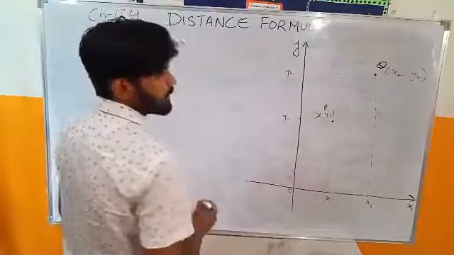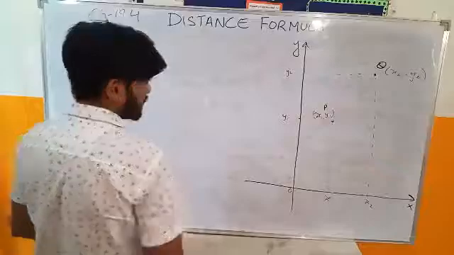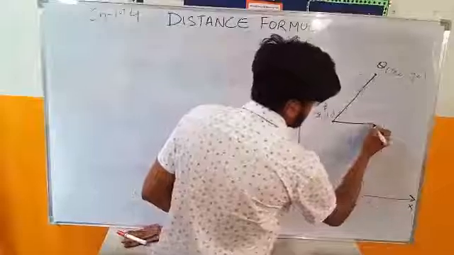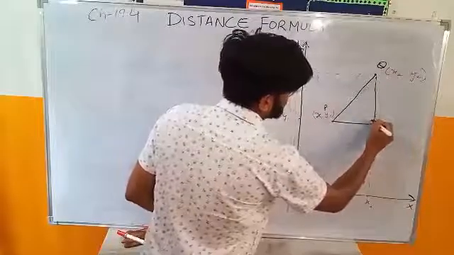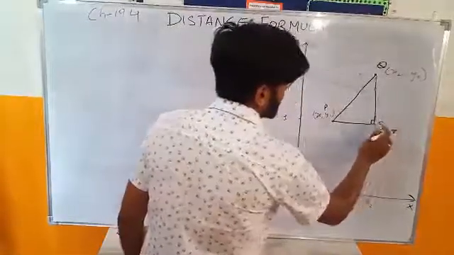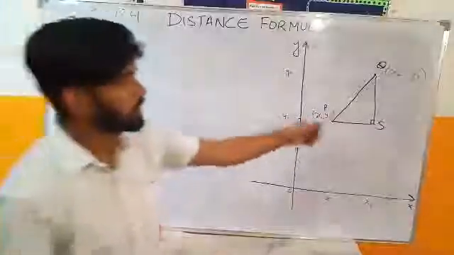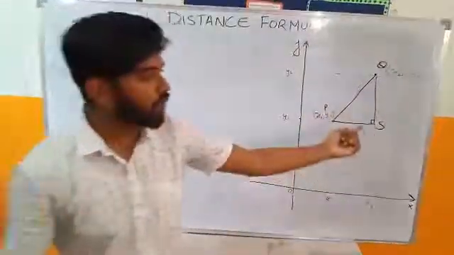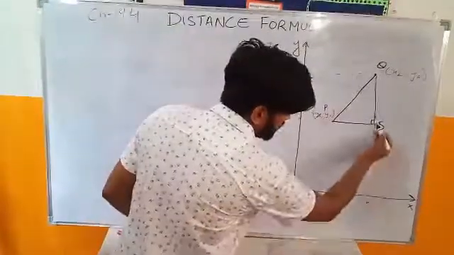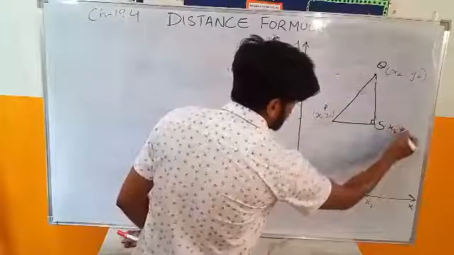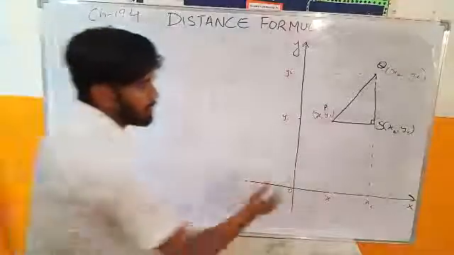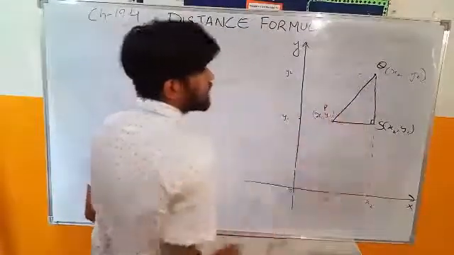Is that okay? Now what I'm going to do is join the points. This one, I'm also going to join this one. I'll make sure that this becomes a right angle triangle. And let's take the name of this point as S. So this is P, this is Q, and this is S. I don't know the coordinates of S right now, but it's very clear: the coordinates are x2 and, what is it, y1. But this is not important, don't get confused. Now PS, SQ and PQ are three lines.